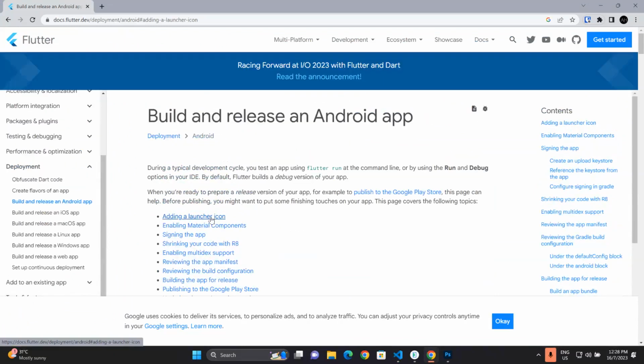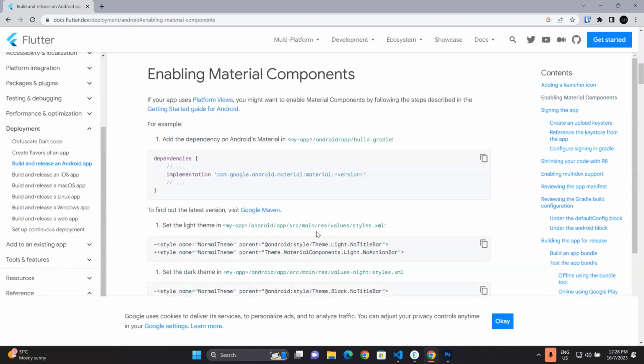Okay, so launcher done. Next, enable Material Components. To enable Material Components, you need to check your app Gradle and then the Material version, the UI Material Design for Android. You need to check the correct version that you want to use. And then